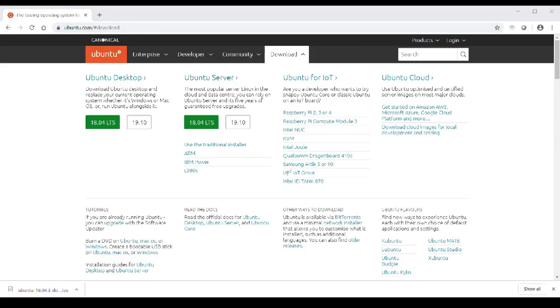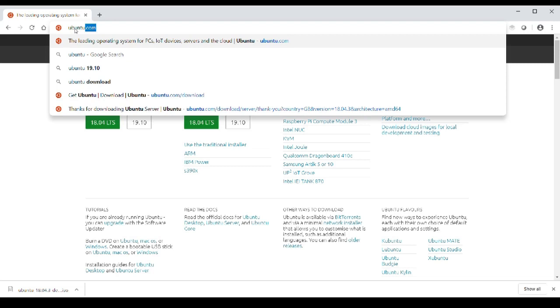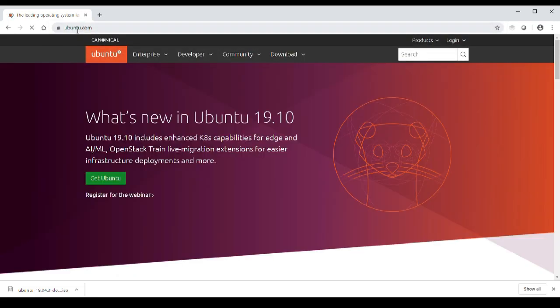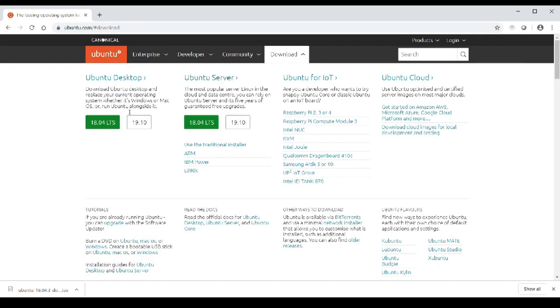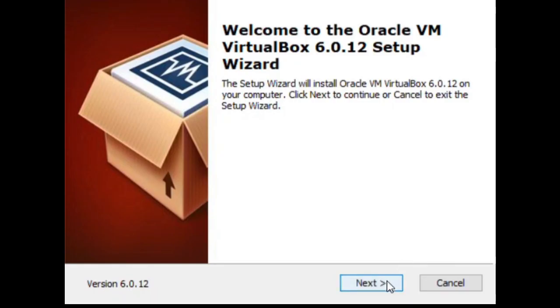Also, to create the virtual machine, I'm going to use Ubuntu.com and go to downloads, and there I'm going to download the Ubuntu desktop version. Okay, now that we have downloaded the Oracle VirtualBox and the Ubuntu ISO file, we are ready to open and